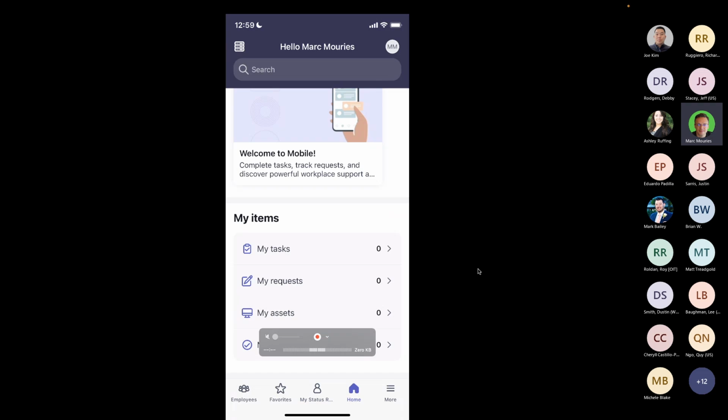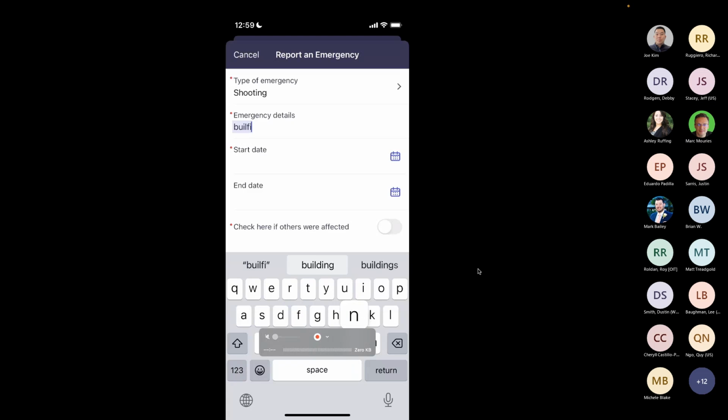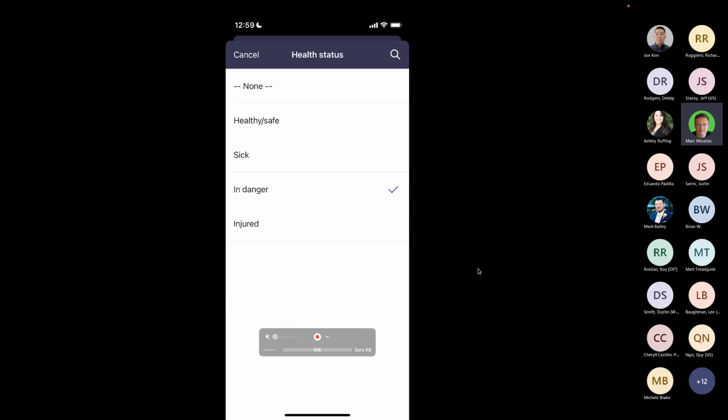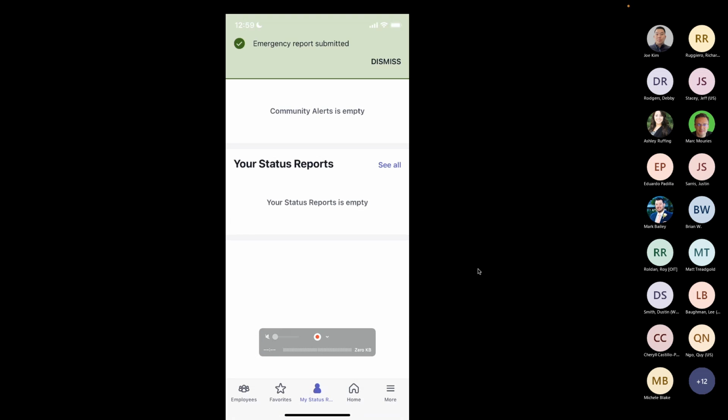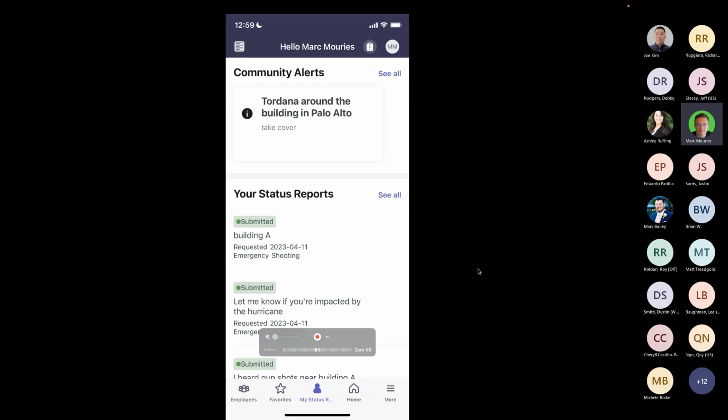I can go into the my status request, and I can report very quickly an emergency, right? So if I was there and I want to say shooting, I'd say building A, and I can even talk it with this, and that's good. I don't know if anyone is affected as well, but let's say unknown, right? And I can submit. So right there, in 10 seconds, I was able to submit a shooting emergency alert from my mobile phone,